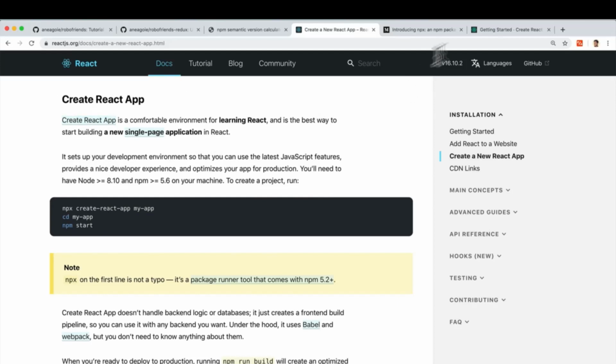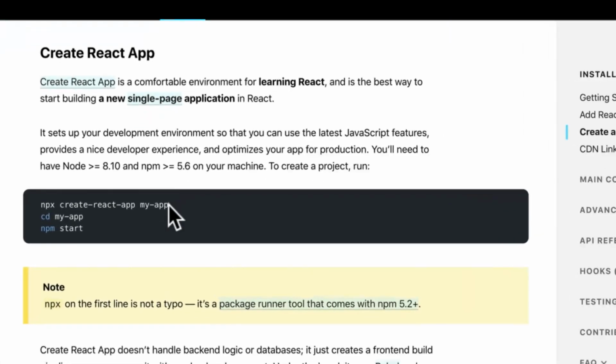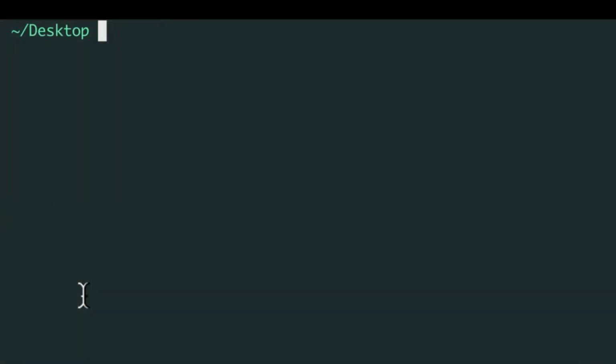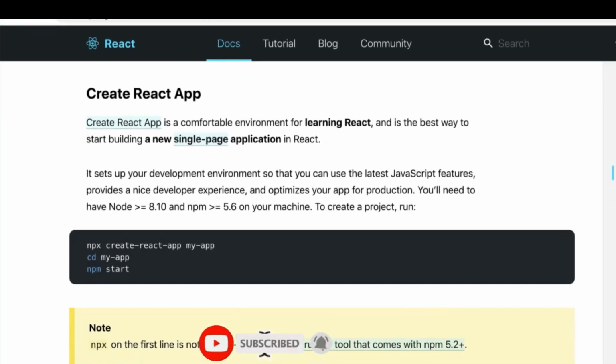But Create React App, on top of having its own page now, also uses this command to actually create an app. Let's have a look. In the past, we would do something like create React app and create our own project. But now, instead of having to install create React app using npm install, we can just do npx. And npx is a package runner tool that comes with any version of